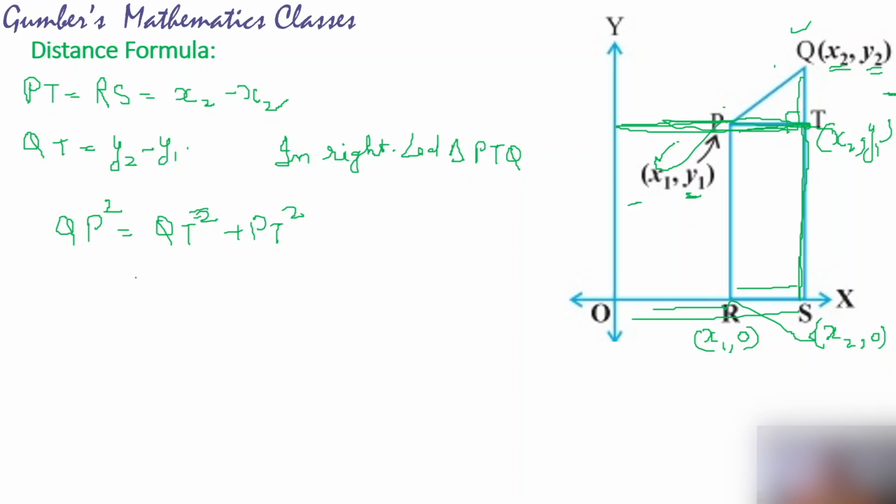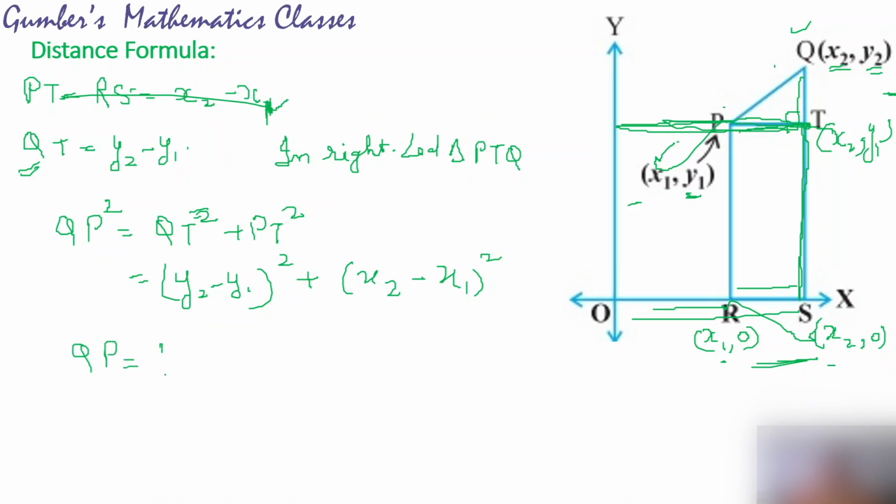QT is equal to y2 minus y1 whole square plus PT is equal to x2 minus x1. Here we have written it wrong, this is x1. You can recheck also that this PT is equal to RS and RS is equal to x2 minus x1. Now we are supposed to find the PQ distance or QP. This is equal to under the root of